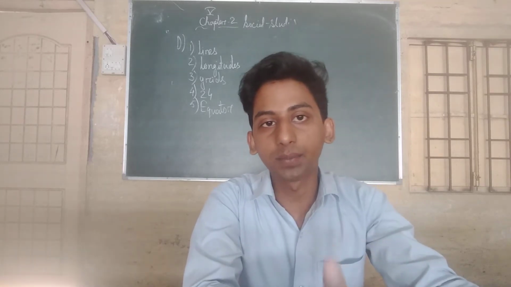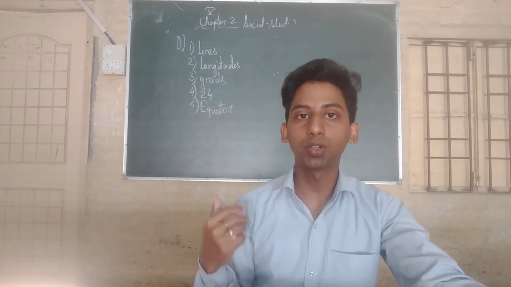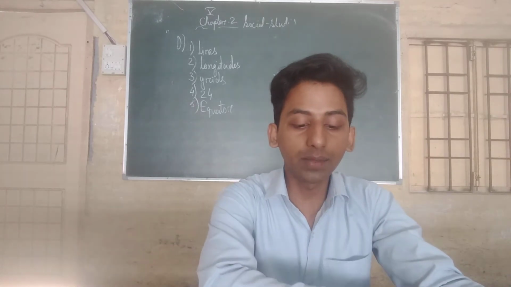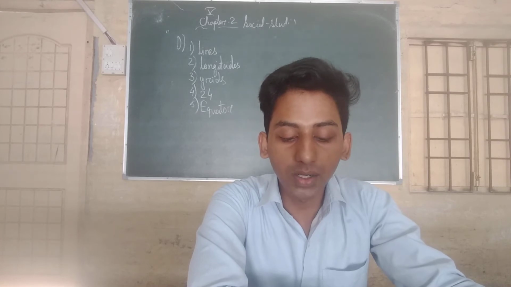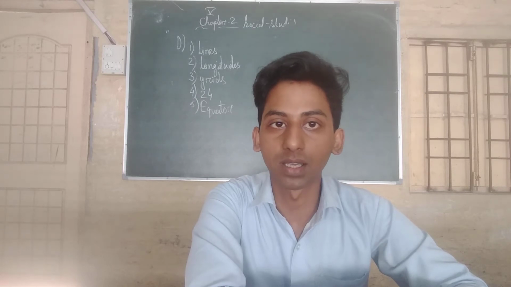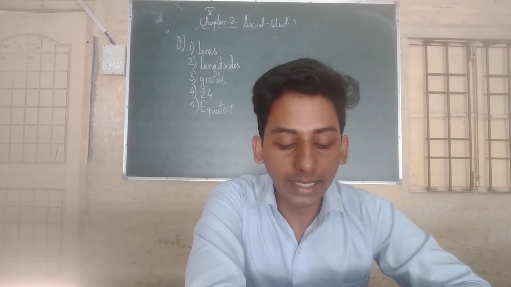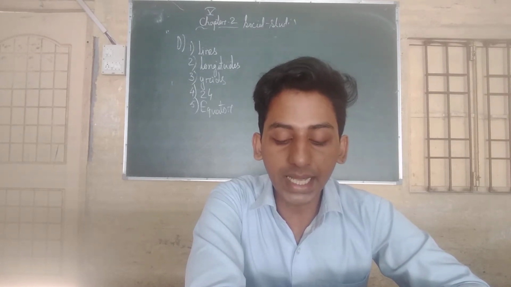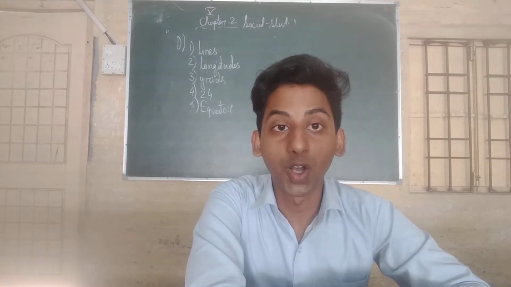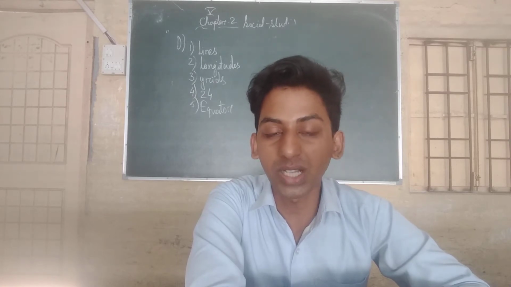So what I was giving you is: name the following. I'll read the questions. You can see all the answers written on the back side, but I told you already that I will also dictate them. D number 1: these are drawn on maps and globes in order to make it easy to find places. What are they called? Lines. D number 2: these are imaginary lines drawn vertically from North Pole to South Pole. What are they? Longitudes.